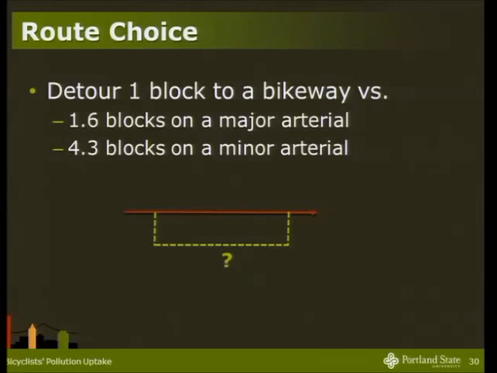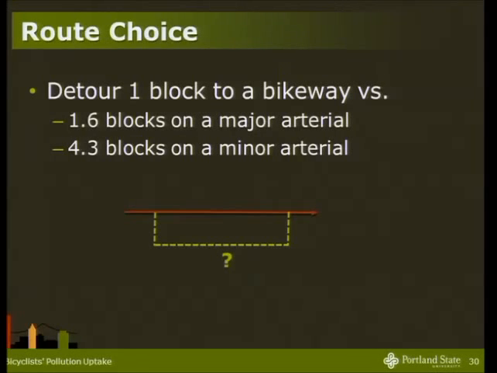In terms of routing, if we think about the parallel path comparison like I talked about before with the exposure data, if we're looking at when it's worthwhile to go out of your way to use a lower volume facility. So you go out of your way, you're going to have a longer trip distance, you're going to have a longer exposure duration, but you're probably going to have a lower exposure concentration. So there's a trade-off there because you have a longer trip but lower exposure. So what's the trade-off in terms of inhalation dose?